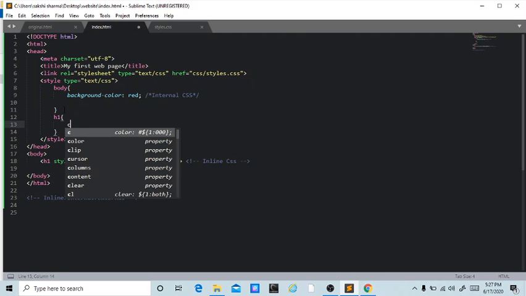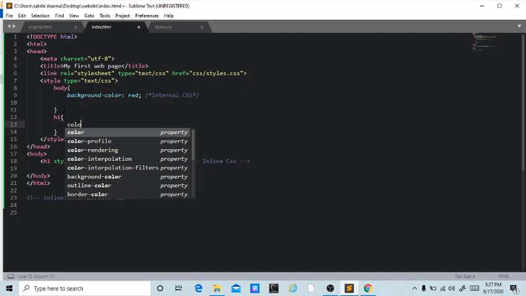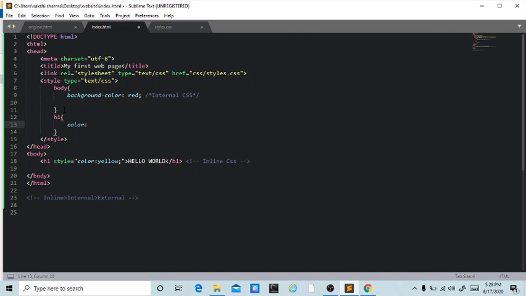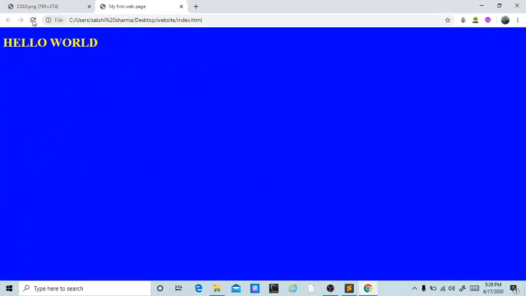Here we're gonna add color. Let's say white, because red will not be visible, so white. Yeah, so let's hit save and refresh.